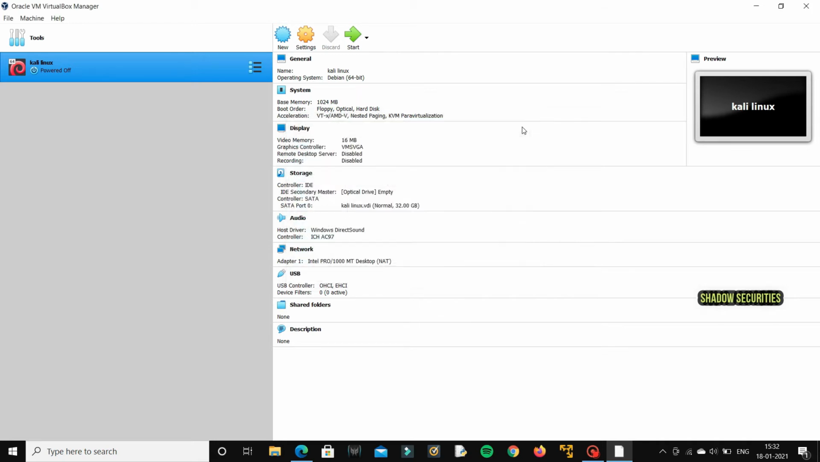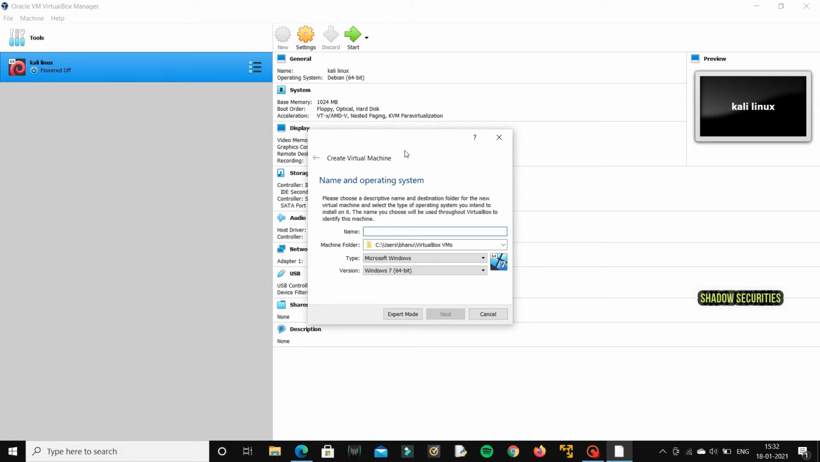Now here I already installed Kali Linux, but I will create another machine to show you how to install a Kali Linux machine or any machine. So I'm installing Kali Linux here. I'm clicking on New. After clicking on New, just give the name Kali Linux. I already named one of the machines Kali Linux, so I'll simply name it Kali Linux 2, and after that